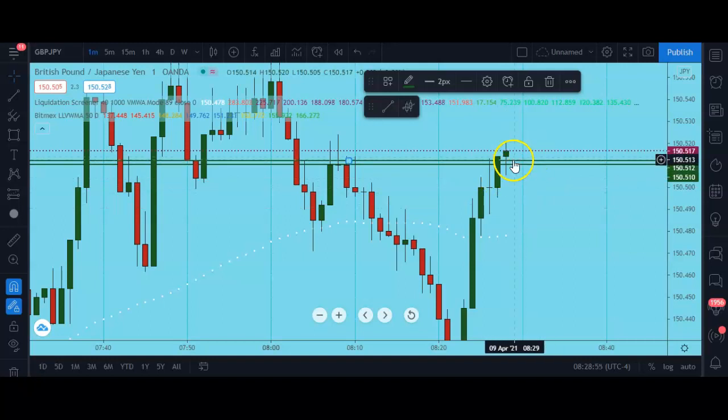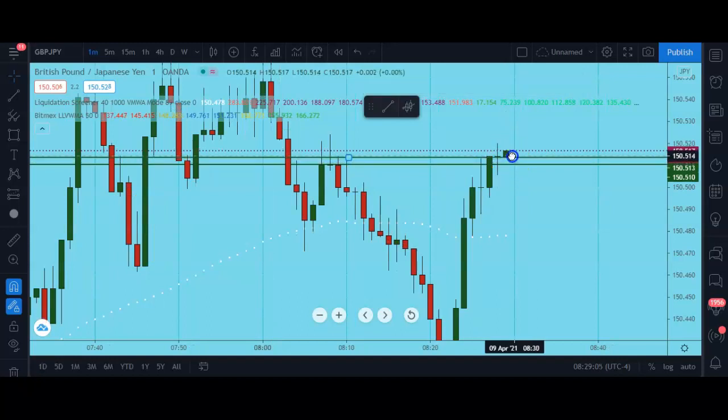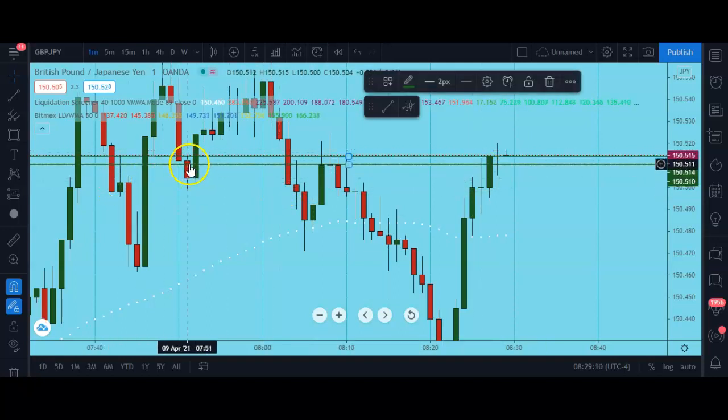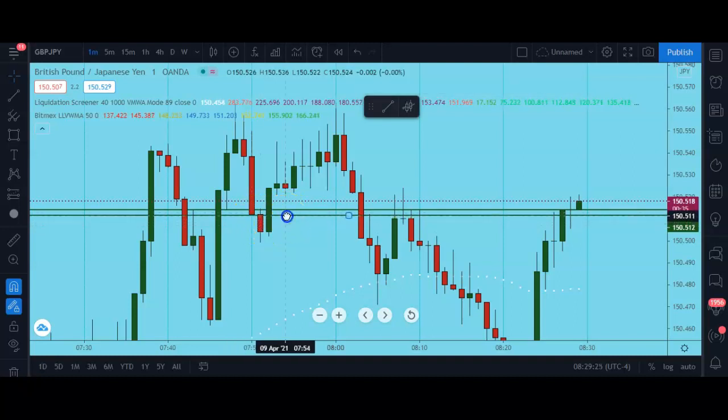Price will remain above this line right here, because this is resistance. And this candle closed above support and resistance. This candle closed right here, which is above the previous, it's above this point. So I'm predicting that price is going to remain